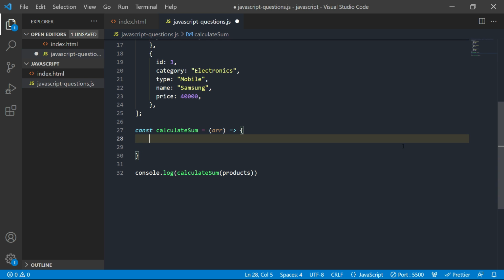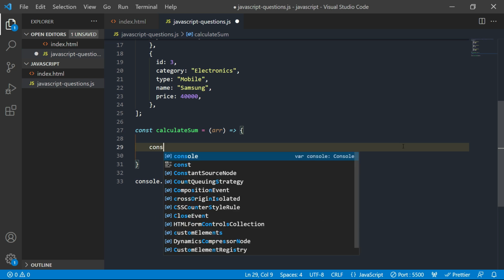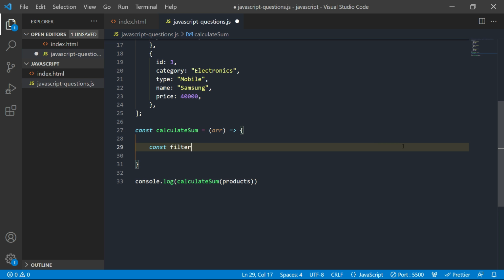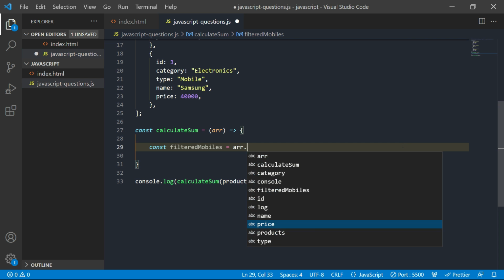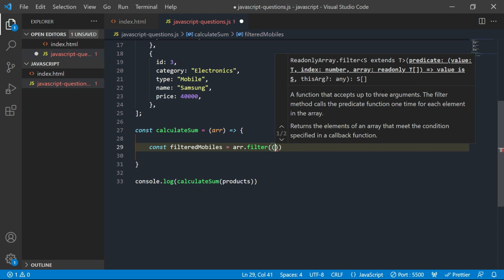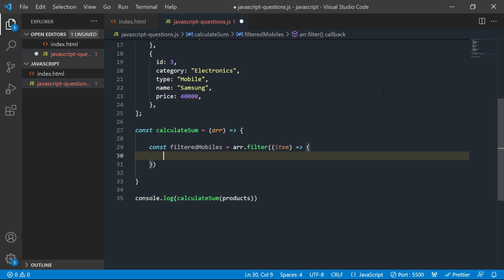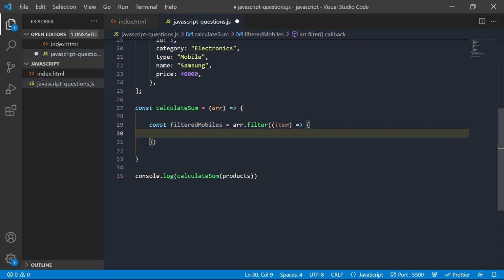Now first we need to filter the mobiles list, right? So for that we can create a constant, filteredMobiles. I have taken a variable, and in this we are going to use the filter method, and it takes a callback again. This has an item, and here we need to filter that.